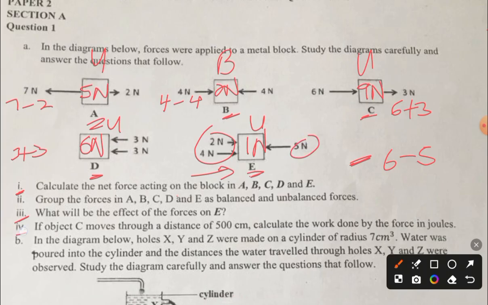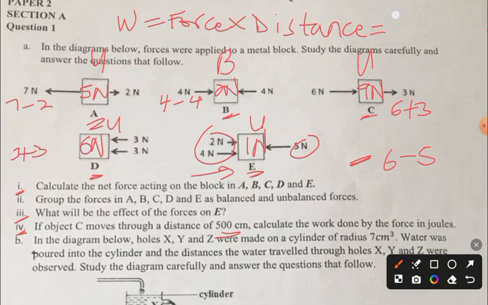Then iv, if object C moves through a distance of 500 centimeters, calculate the work done by the force in joules. So I'm supposed to find the work. Now work equals force times distance. Okay, so we have our distance to be 500 centimeters and we are dealing with C here. C gave us a force of 9 Newton, so we are going to have 9